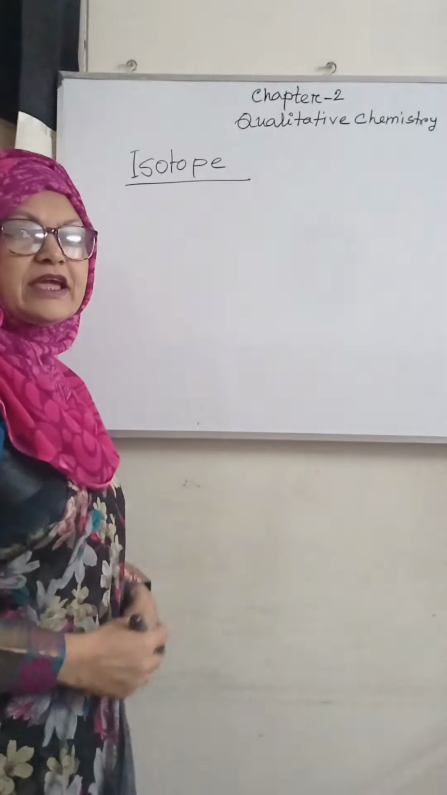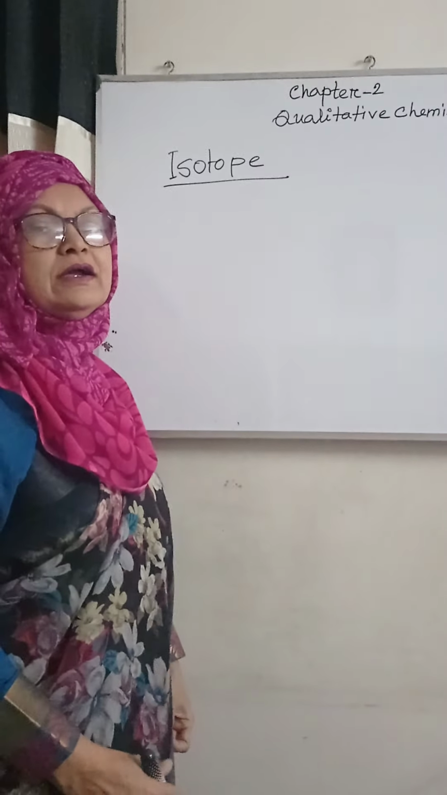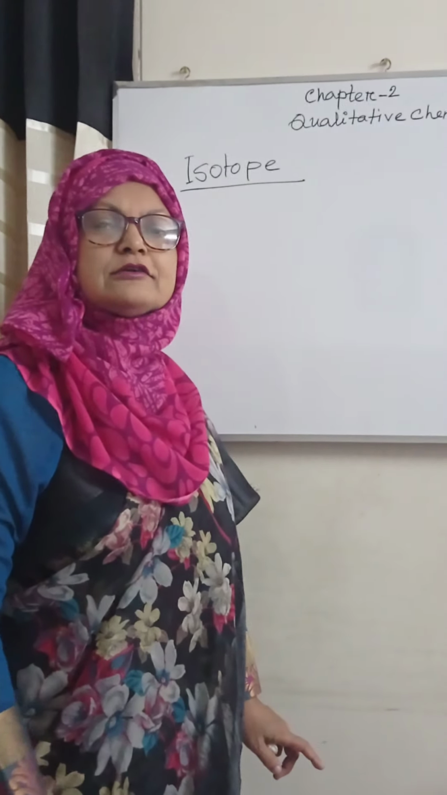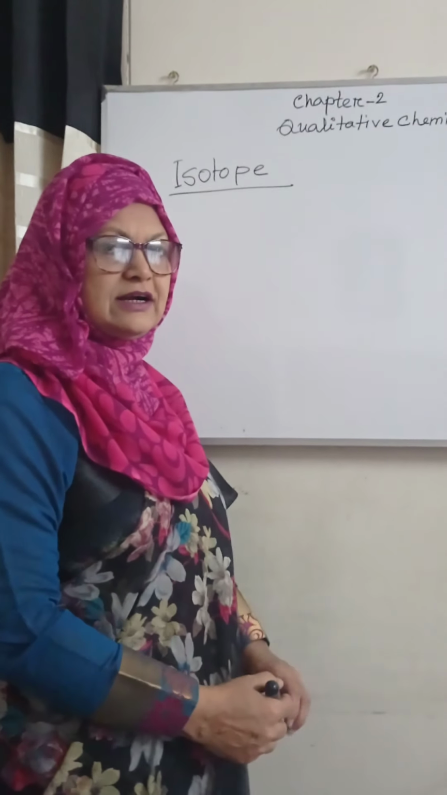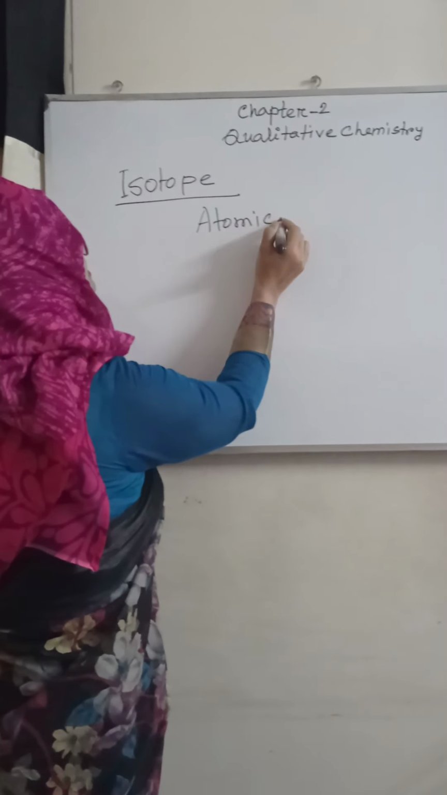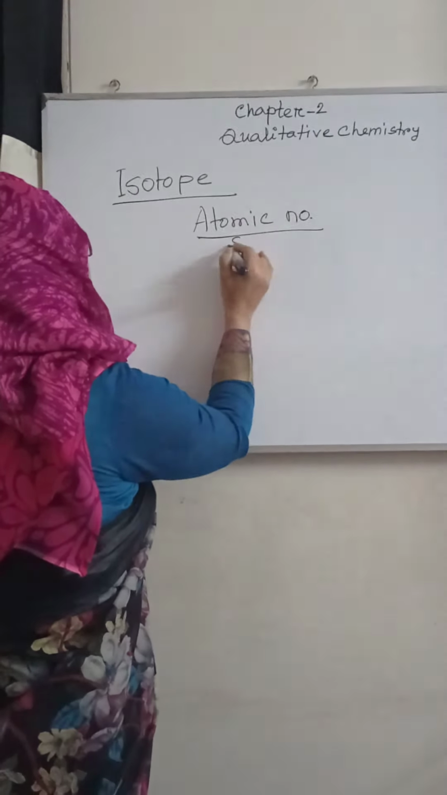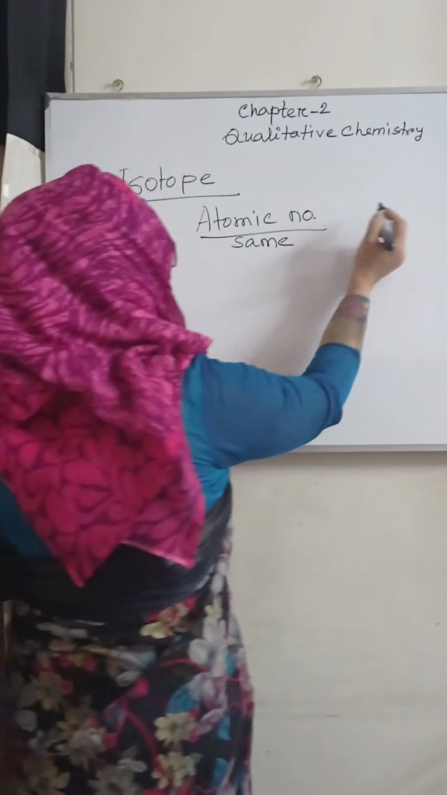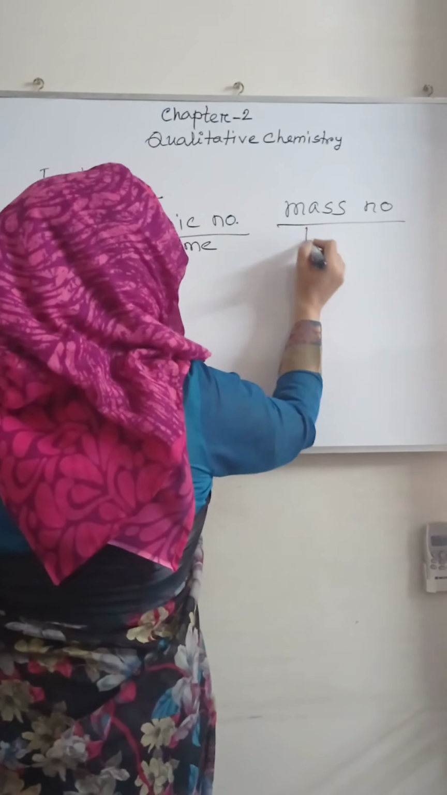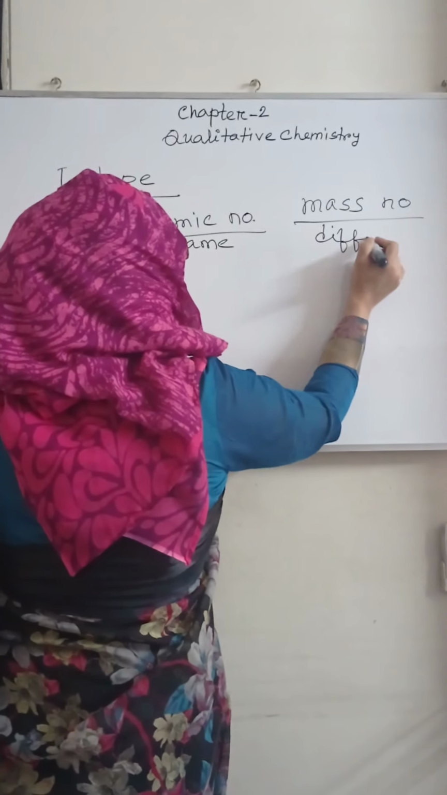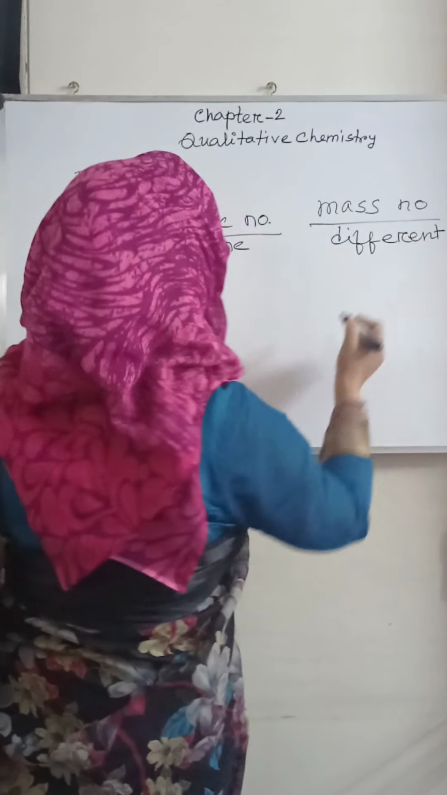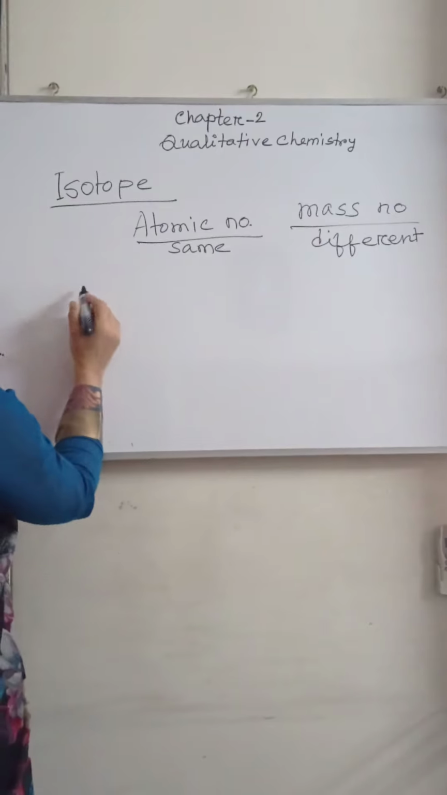Atoms of the same element which have the same atomic number but different mass number are called isotopes of each other. That is, same atomic number, but mass number different, and they are atoms of the same element. For example,